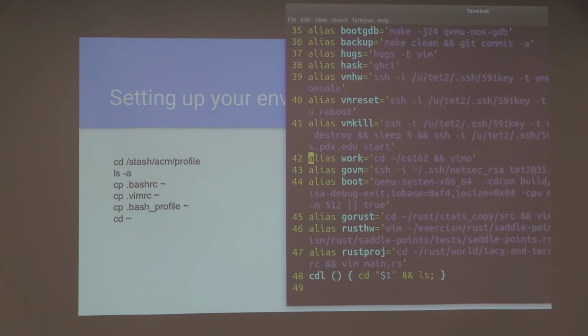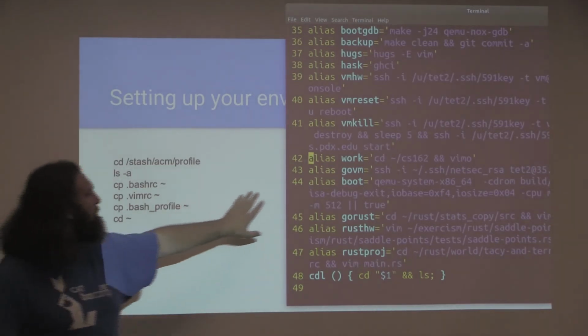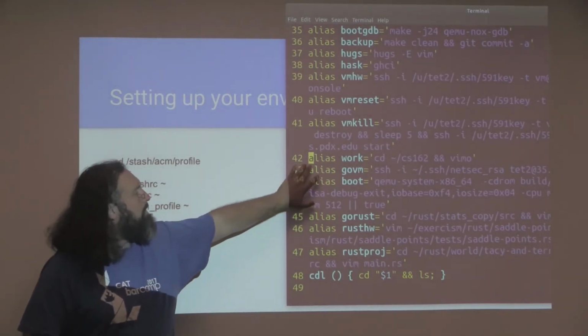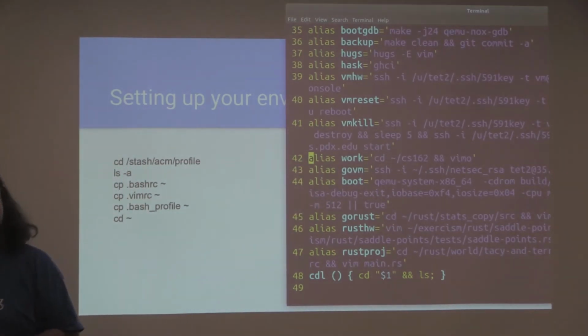Okay, so what I want you to do is add a new alias. So go ahead and vim this file, okay? And at the very end, or actually before that, I want you to make a directory from your home directory. So if you're not in your home directory, type in cd space tilde.